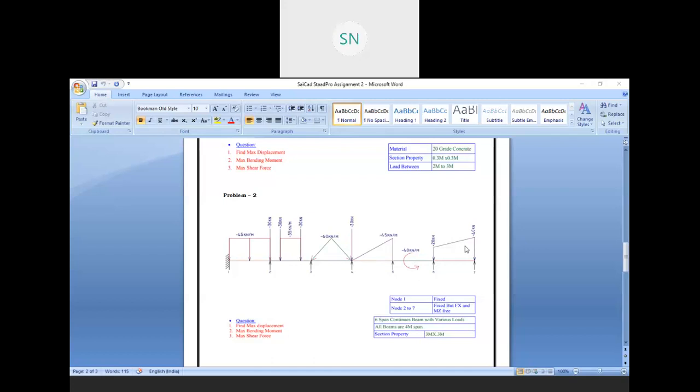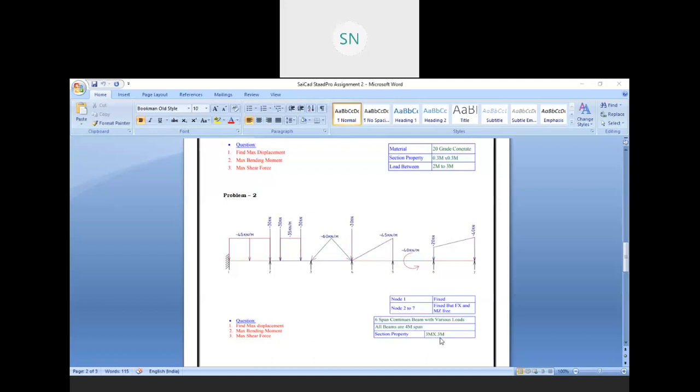Node 1 is fixed and node 2 to 7 are fixed but. So here we have new types of support, and all these 6 beams have 4-meter span,